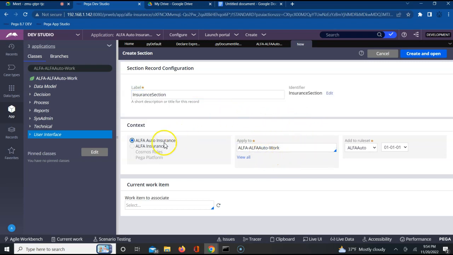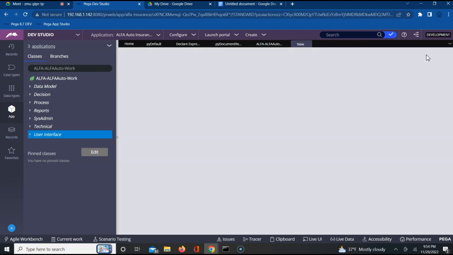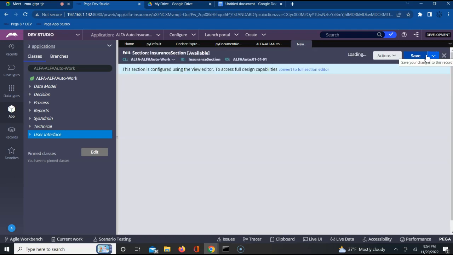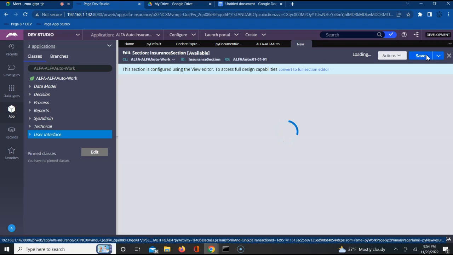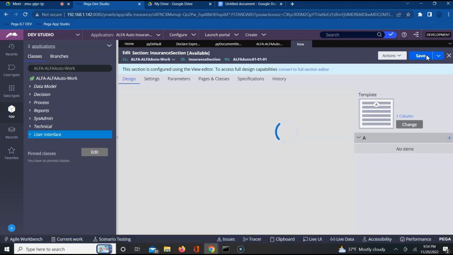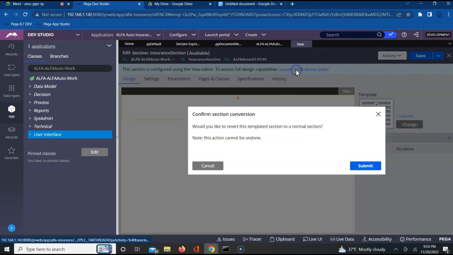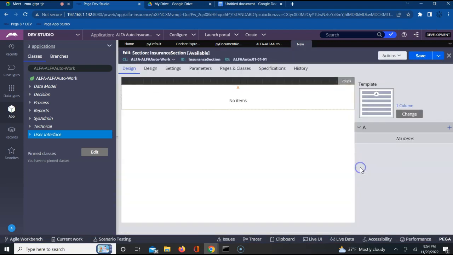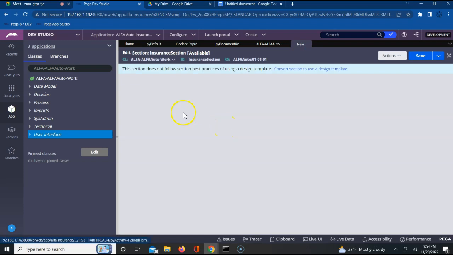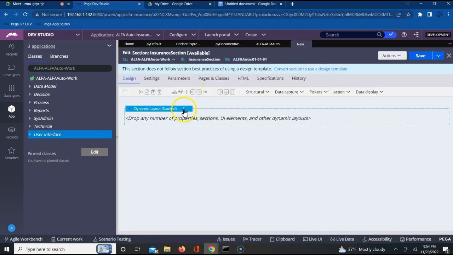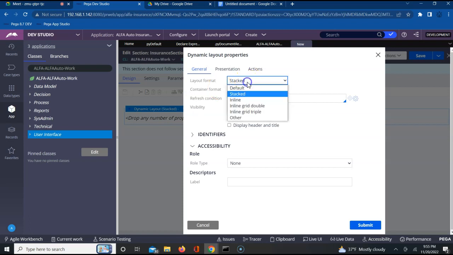This is part of work class and part of auto insurance. Perfect. Create and open. Of course, once you create, you have to convert this to full section editor and change this to inline grid double. Most of the sections you define will be having this format because this kind of goes well with the UI. That is why we choose this. You can use other formats also depending upon the requirement basically. Grid double,